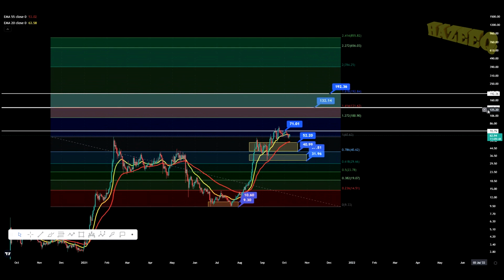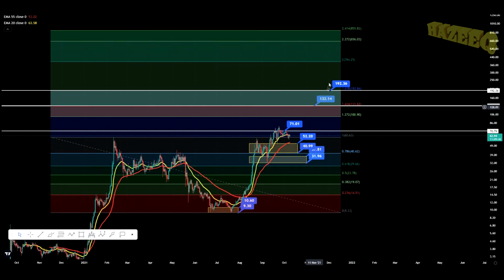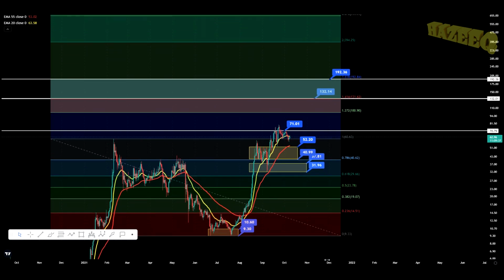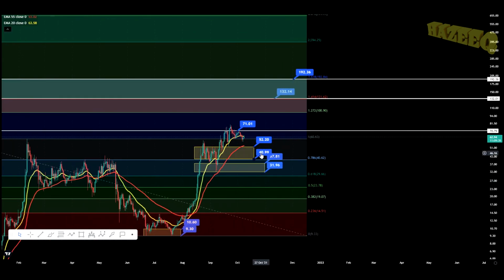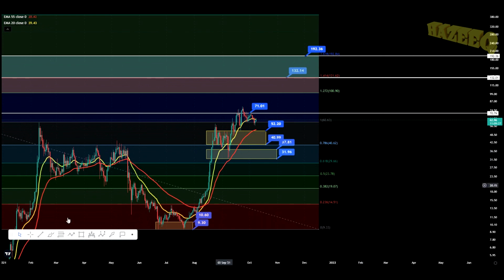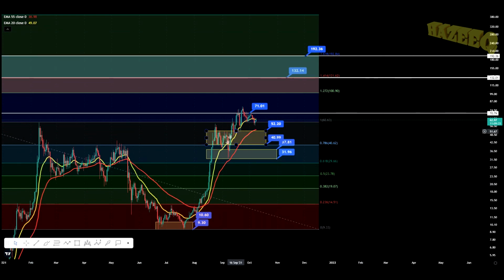But when you start getting overextended and having these massive impulsive waves, you're bound to come back down. So you're always going to get a better entry. Make sure to take profits before the next big correction comes, and I do anticipate that coming in December, January. Okay, and I'm not saying that that's going to be our bear market. We may get a bear market in the next year. It's just that we're going to get these corrections and people will lose their money, and that's just how the